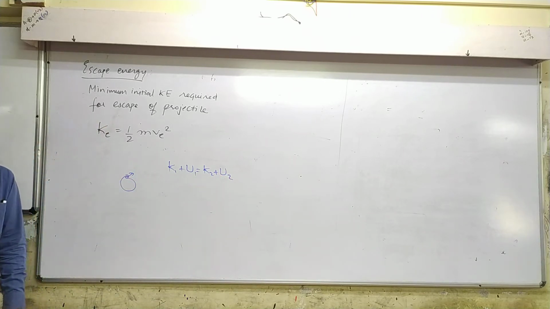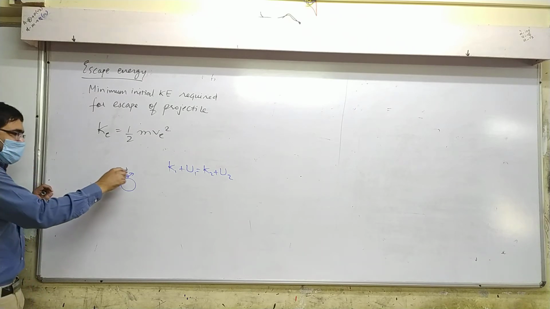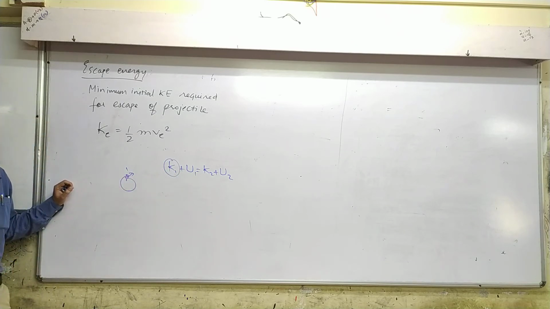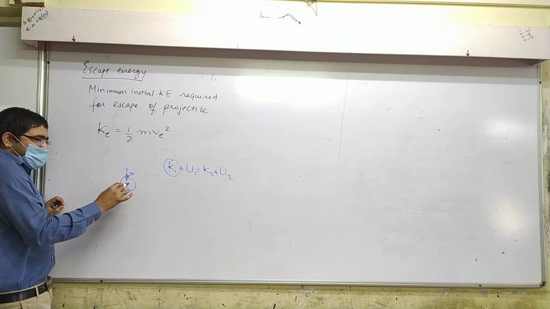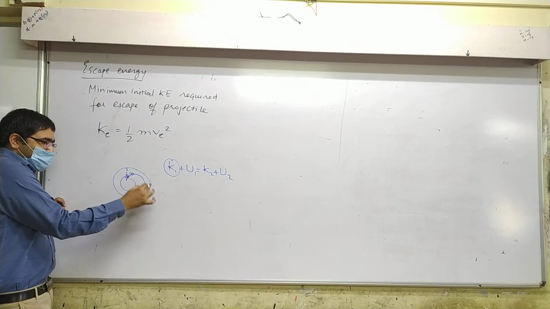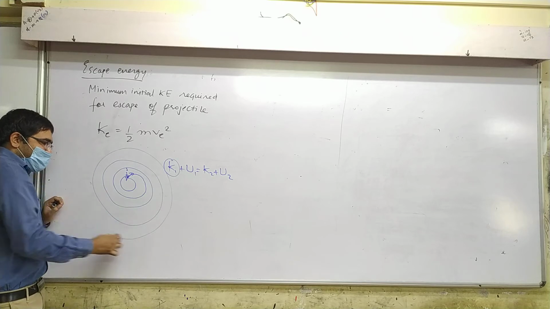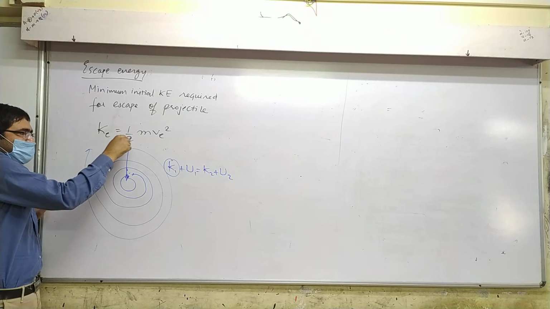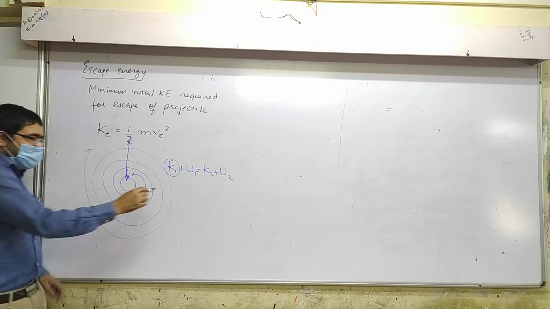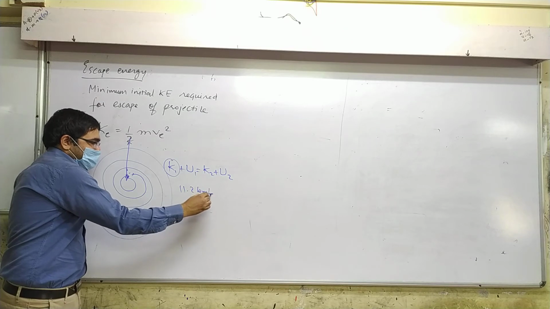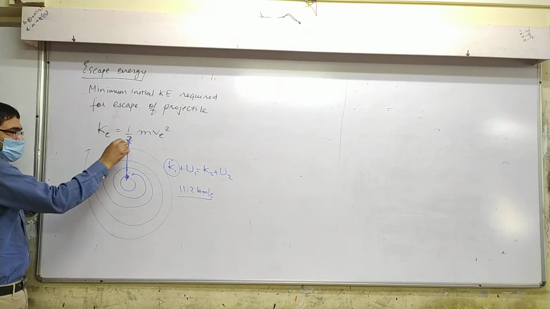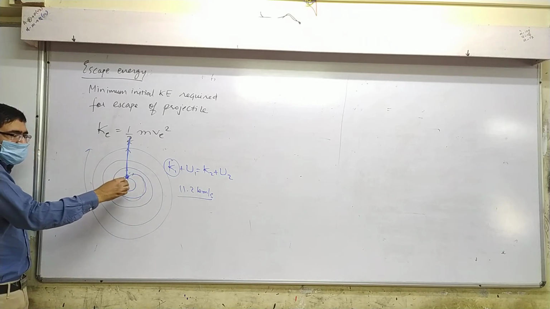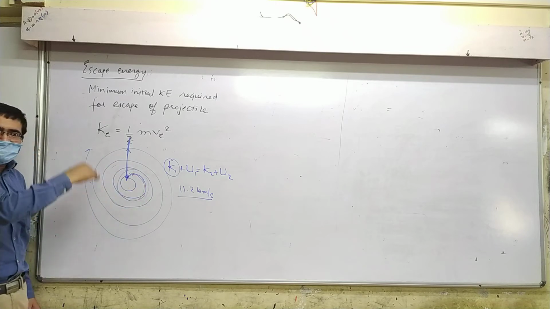Do we have any role of the angle at which it is launched? Kinetic energy, does it depend on angle? So what will happen is, suppose you throw it at an angle, then it will just go around in spiral, but it will still go far away. Make sense? Instead of that, suppose you throw vertical, then it will go straight. If for 11.2 kilometer per second, it goes away and never comes back for throwing vertical, then for spiral also it will not come back. It is just that instead of going straight, it will go around in circles. Is that okay?